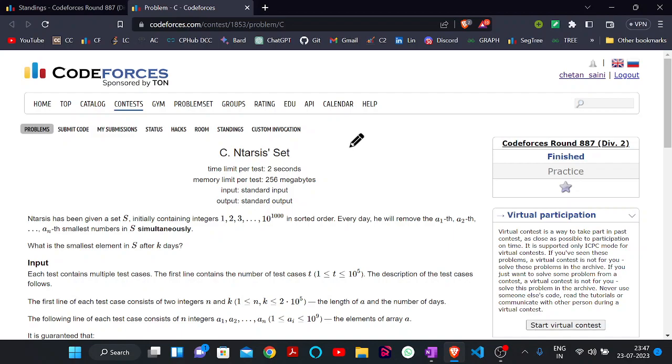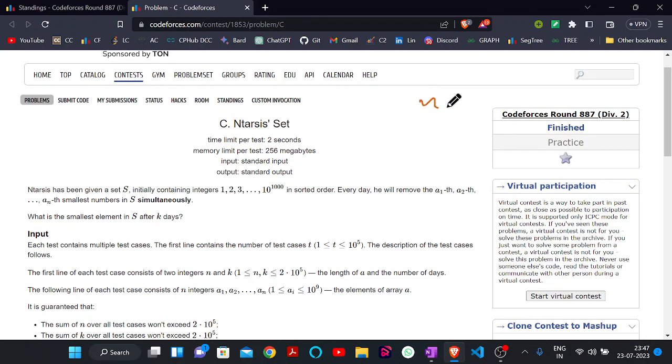So today we are going to discuss problem C, Present Context, of Codeforces Round 887. In this question, we will be given two integers n and k. Initially we have a sequence of 1, 2, 3, 4 until 10 to the power 1000. And in this sequence,